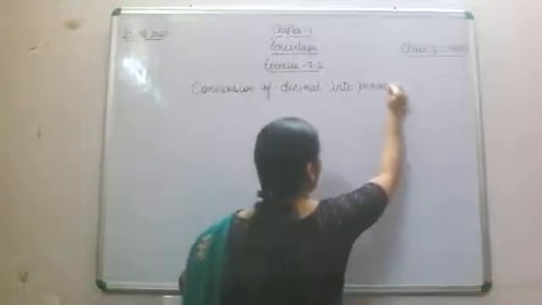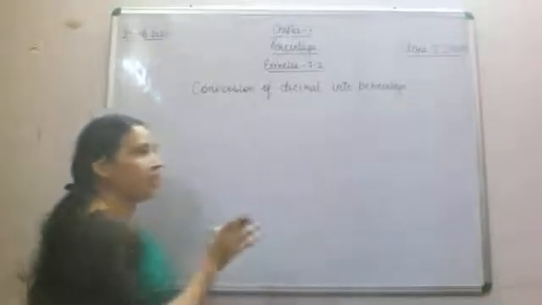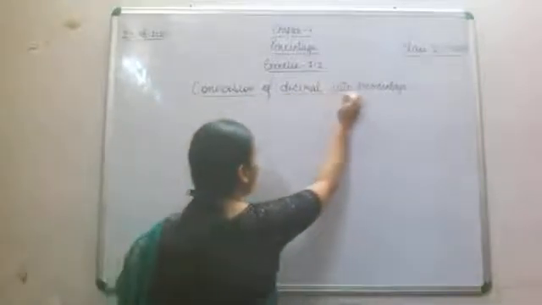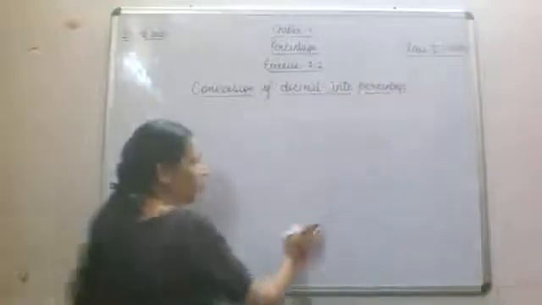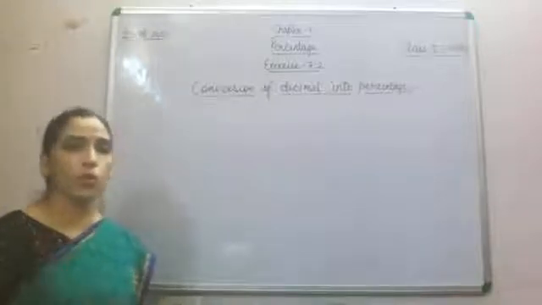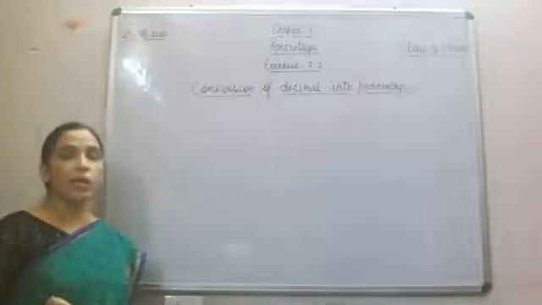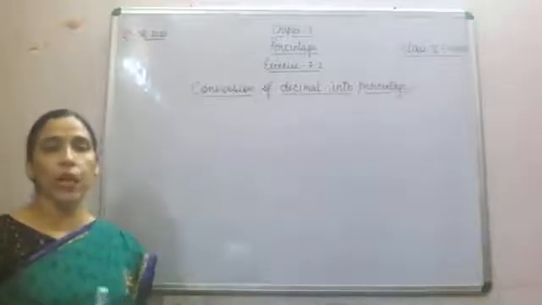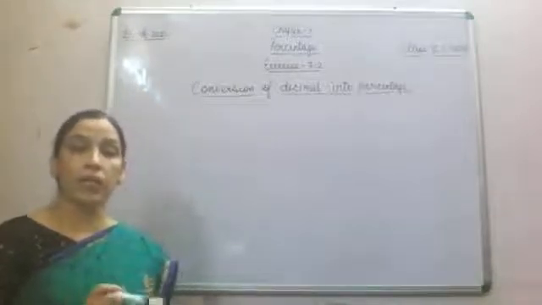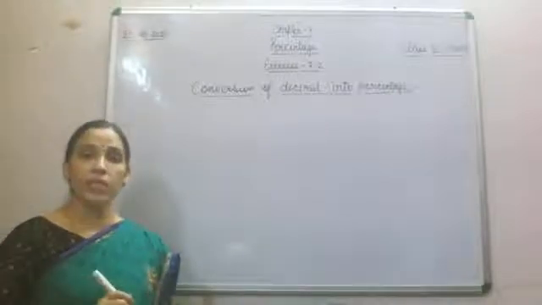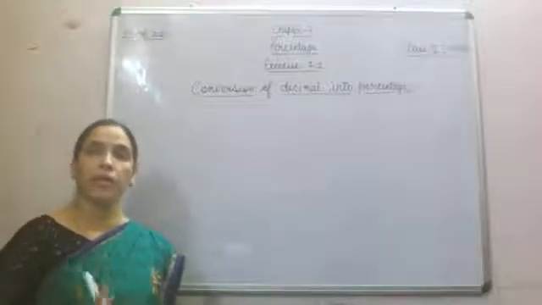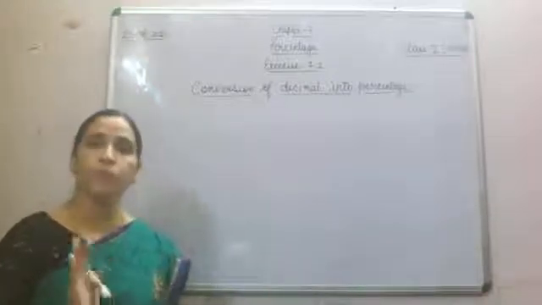So let's start this. As you are aware, in our previous chapter, the decimal chapter, we understood how to write a decimal number as a fraction, and what the place value of that decimal number is. Here we are going to use that same rule to convert a decimal number into a fraction, and after converting it, we will change that fraction so that we get 100 in the denominator and can represent that fraction as a percentage.